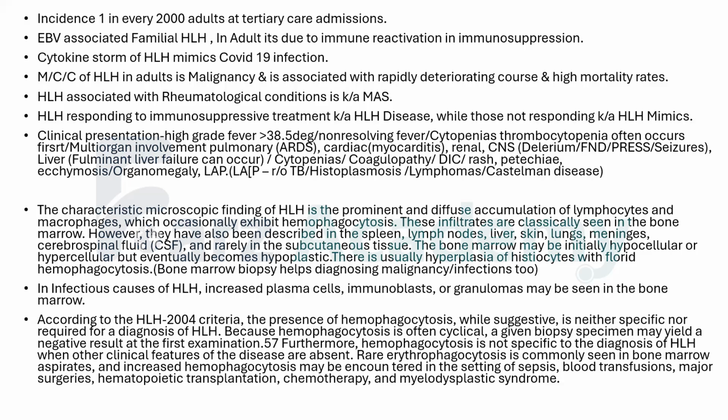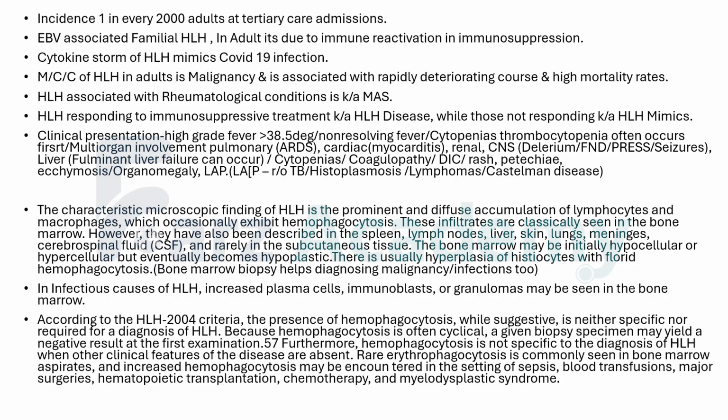If there are multiple mediastinal or abdominal lymph node enlargements, there is a possibility of some other disease rather than HLH. Then you have to rule out TB, histoplasmosis, lymphomas, because again these are also mimics. But again, lymphadenopathy is not very common with HLH. It's common with chronic granulomatous diseases or some other lymphomas.